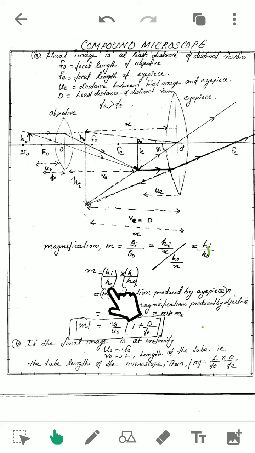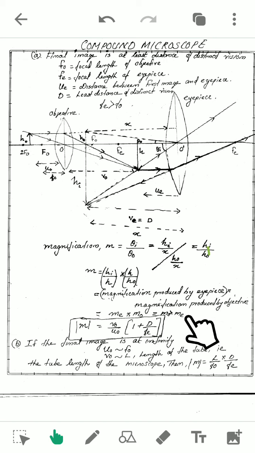What is hi by h? Hi is the height of the image produced by the eyepiece. h is the height of the object for the eyepiece. That means hi by h is the magnification produced by the eyepiece. The same way, h is the height of the image for the objective, and ho is the height of the object for the objective. So h by ho is the magnification produced by the objective. So we can write m is equal to magnification produced by eyepiece into magnification produced by objective, that is mo